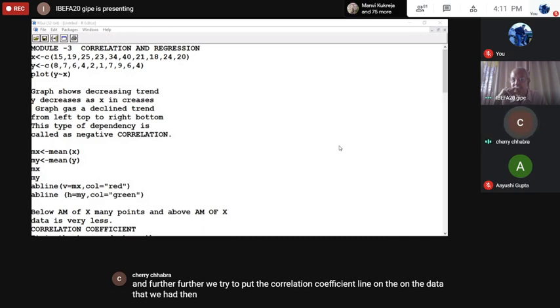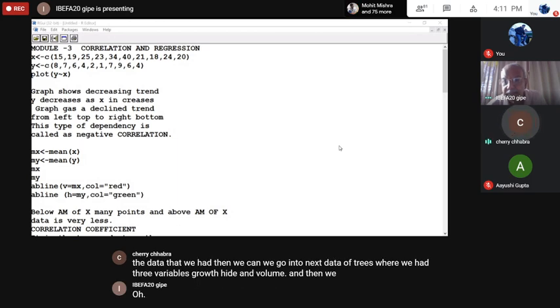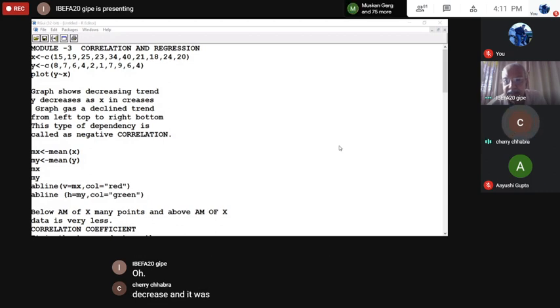Then we went to the next data of trees, where we had three variables: girth, height, and volume. And then we saw that volume and girth were highly positively related, while